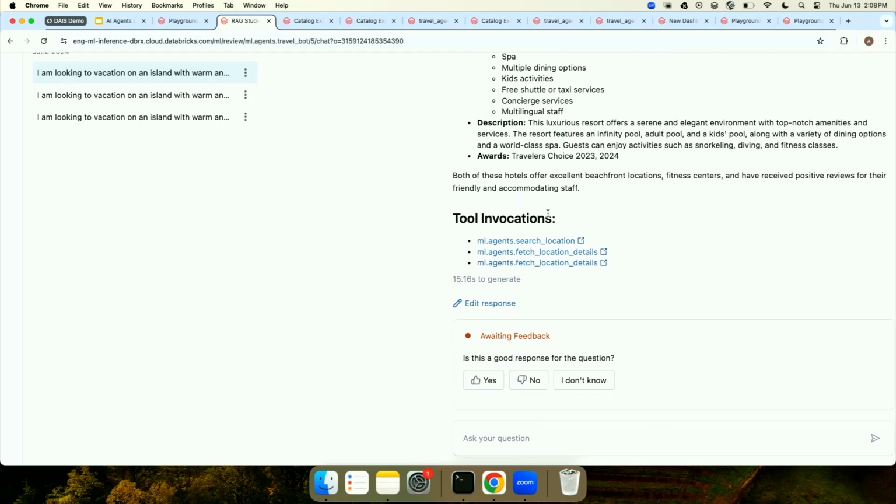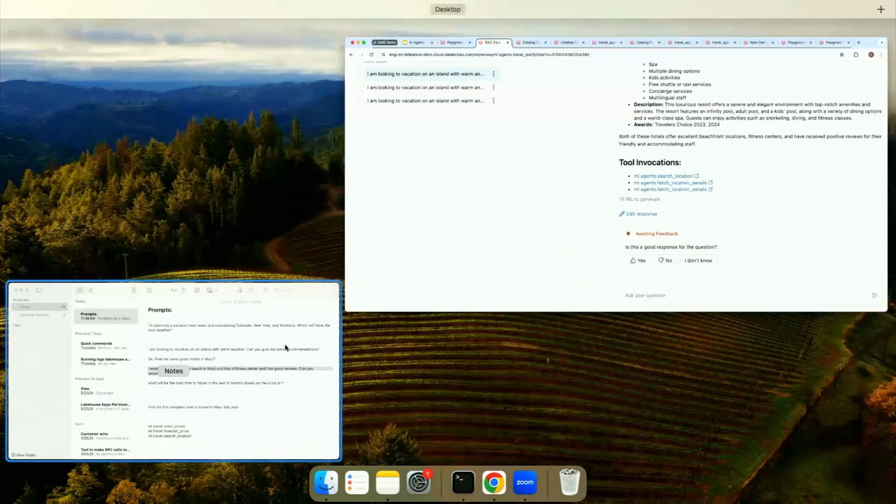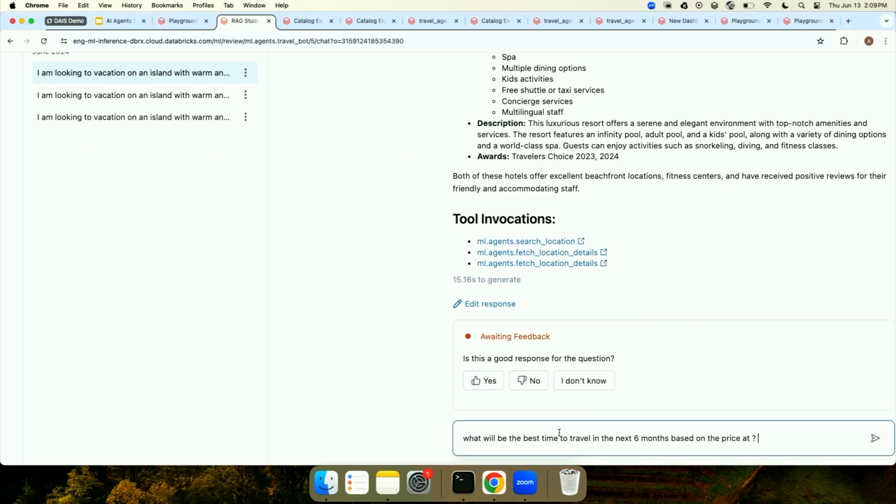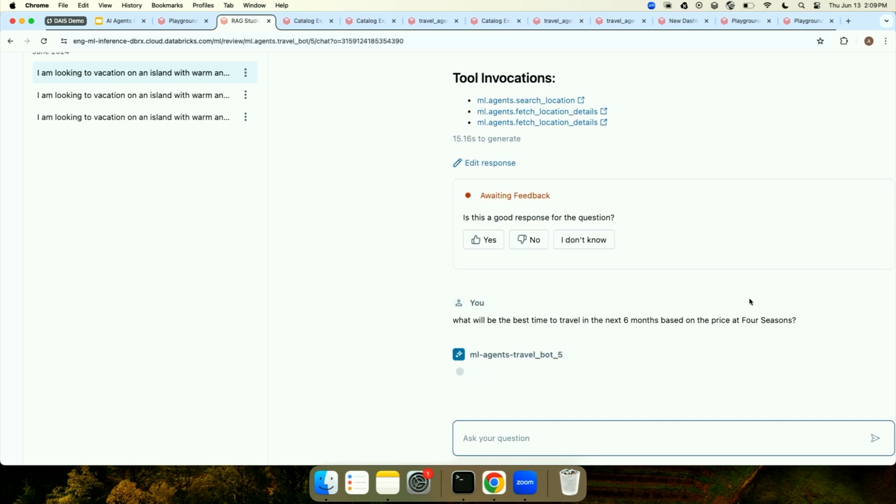So maybe let me ask my another question, which is, I am very flexible, traveling in the next 6 months, but I do not want to pick a hotel that is going to not be friendly to my pocket. So let me ask it, what will be the best time to travel in the next 6 months based on the price, at, let's say, 4 Seasons. And at this time, the agent is again going to do the reasoning. It knows my criteria is price, and based on that, it's trying to find what is the best time to travel. So, all right,